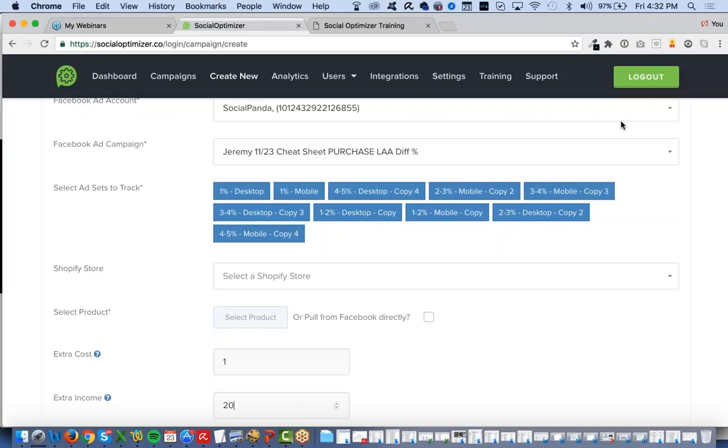Craig, so the conversion's done offline rather than online. That makes it a bit more difficult because Facebook needs some sort of pixel to identify when a sale has been made. So what I'd probably say is that you'd need to either manually add it in to make an ROI, but it kind of defeats the purpose of using the software, or you'd need to have some sort of landing page where you could activate that landing page when a sale was made yourself or the client could.